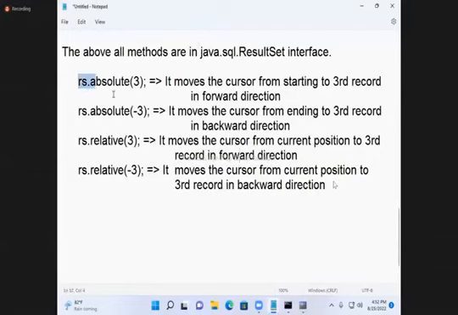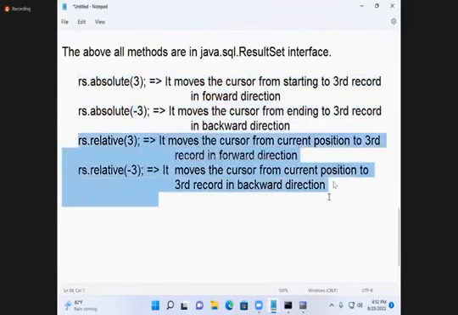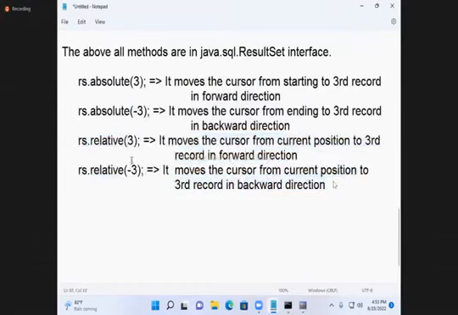So, the absolute method is from the starting and ending. A positive number means forward direction, a negative number means backward direction. The relative method is from the current position. Again, a positive number means forward direction, a negative number means backward direction. Now,